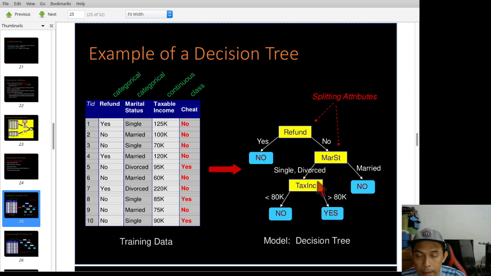Very simple. But we have yet to evaluate whether this one is a good option, because this is one way of splitting, one example of a decision tree that you can apply to model this training data.